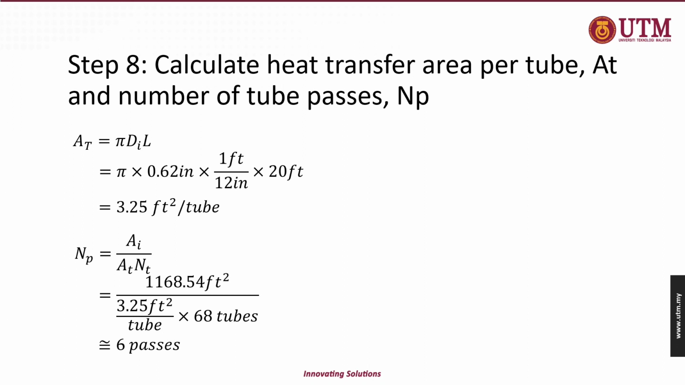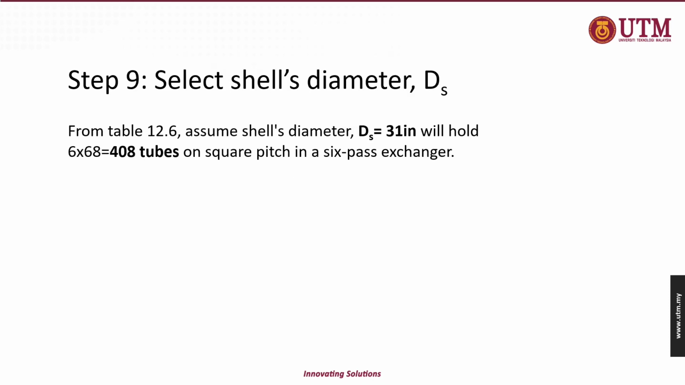In step 8, we need to calculate heat transfer area per tube, AT, and number of tube passes, NP. We insert all the value into the formula and we get 3.25 feet square per tube for heat transfer area per tube and 6 passes for number of tube passes. Last step is to select shell's diameter ds. From table 12.6, we assume shell's diameter ds is a 32-inch will hold 408 tubes on square pitch in a